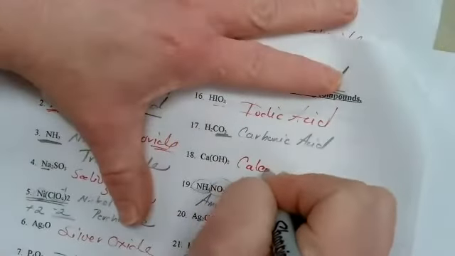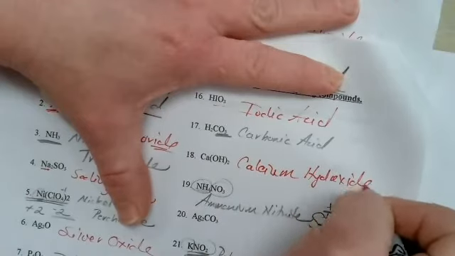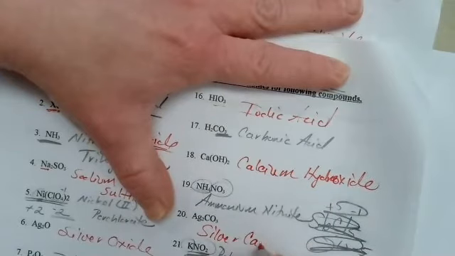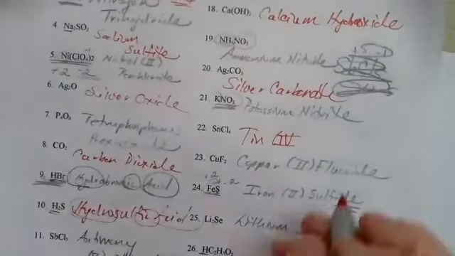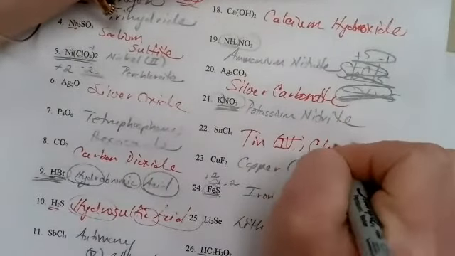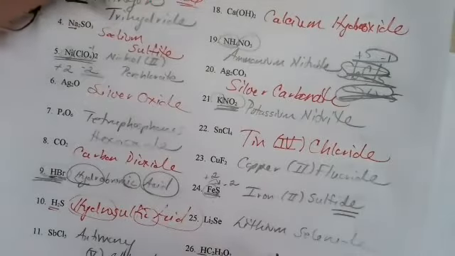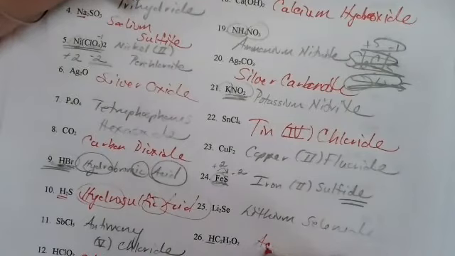Then we have calcium hydroxide, silver carbonate, tin 4, and that would be IV, yes, tin 4 chloride. Then we have, oh, we did that together, iron 2 sulfide, and 26 is acetic acid, 28